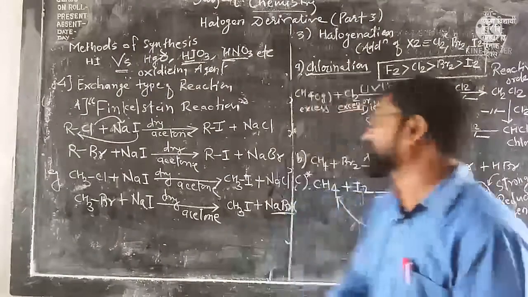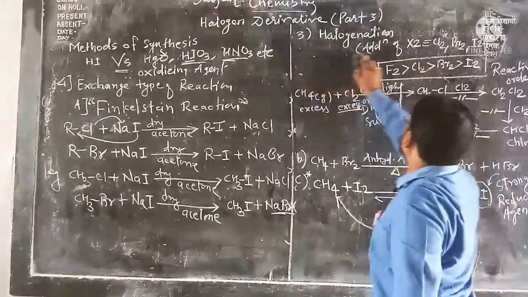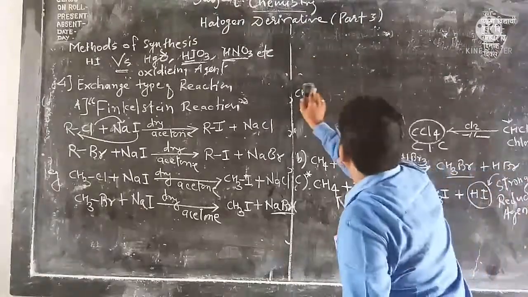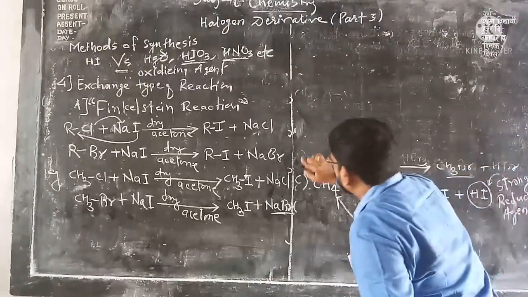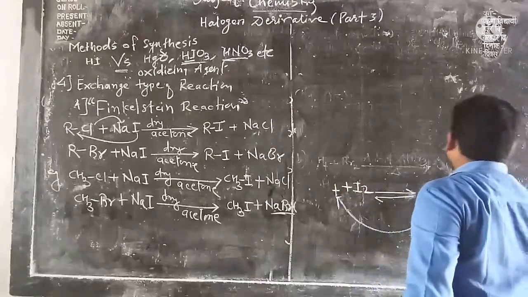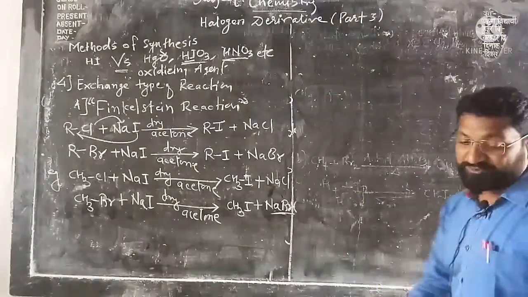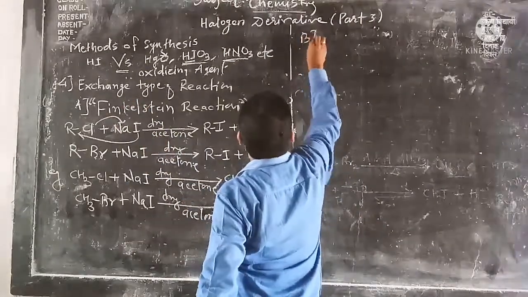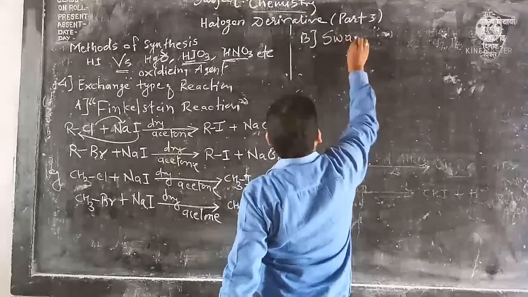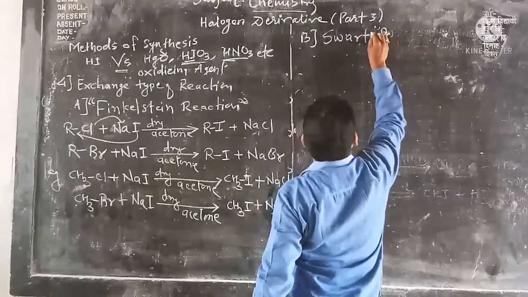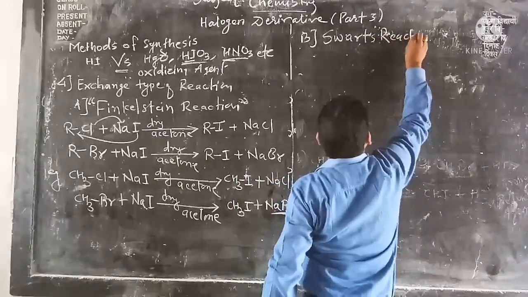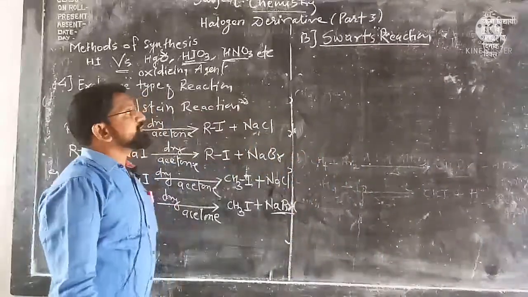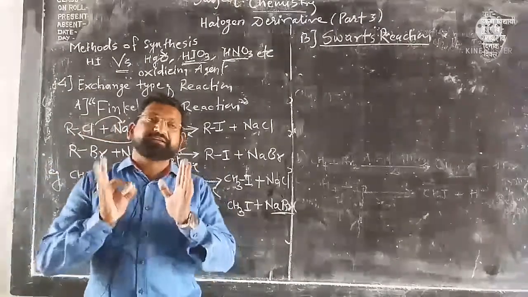Now one more reaction is there, everybody see here. That I will not take here. You have to do that reaction on your own. I will only provide you the heading title: 4B, Swarts reaction. Which reaction? Swarts reaction. I will explain the outline of this reaction. Using Swarts reaction, we can prepare alkyl fluoride.